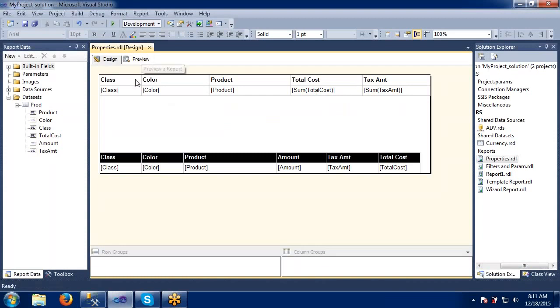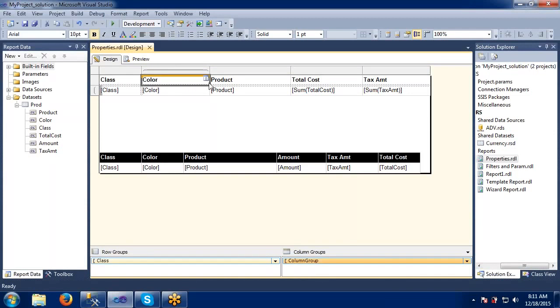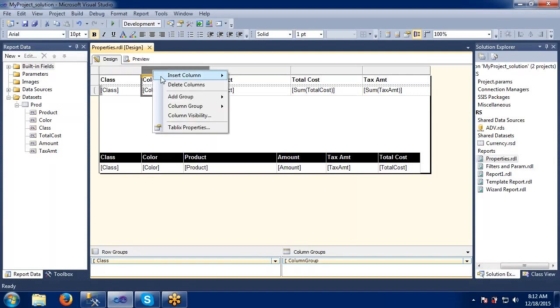Here if you see this one, we have row groups and column groups, right? So I would like to add here, or we'll make it in one group only. Insert column inside the group here.